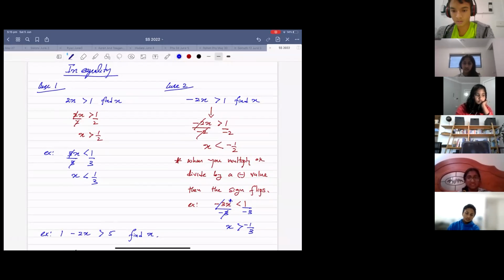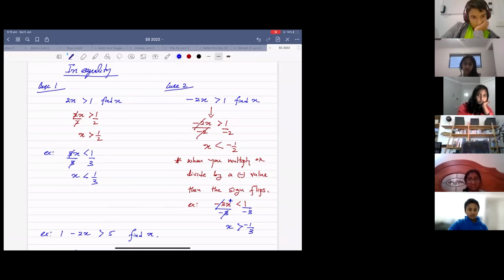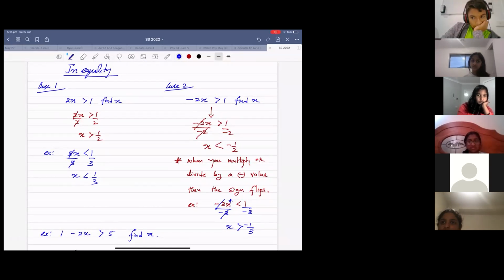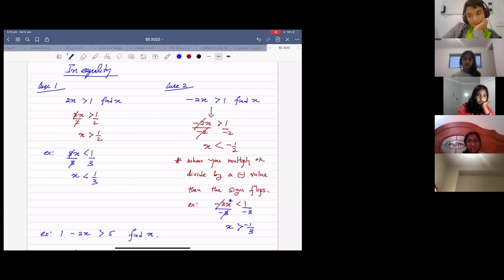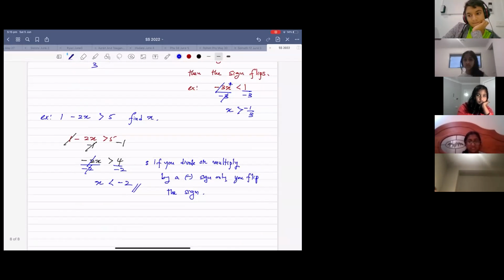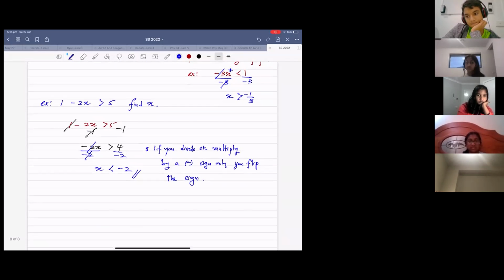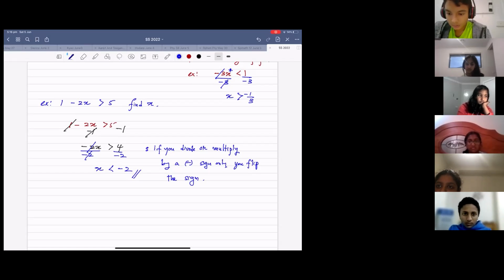There are only 2 cases. You go anywhere, you do VCE, you get only 2 cases. Believe me. Okay, so you learn this, right? But when you go to year 8, 9, 10, 11, the content is different, but the fundamental would be the fundamental. Okay, so I taught you the theory. If x is multiplied or divided by a minus sign, then you flip the sign. Okay, so that's all I have to teach you today.